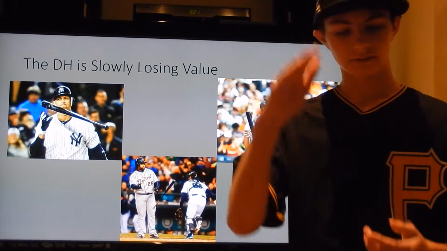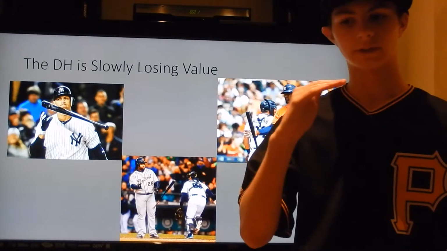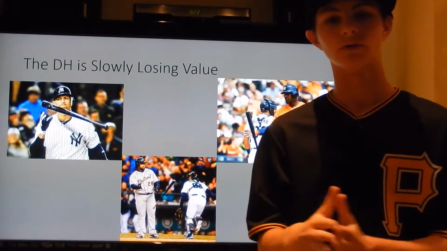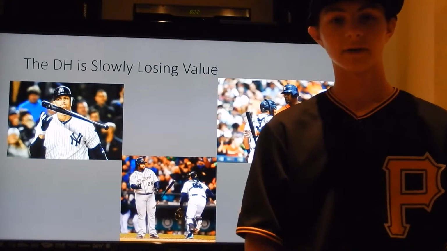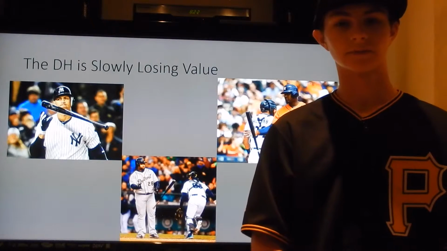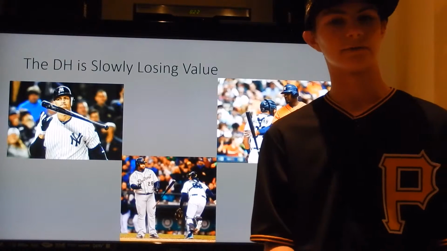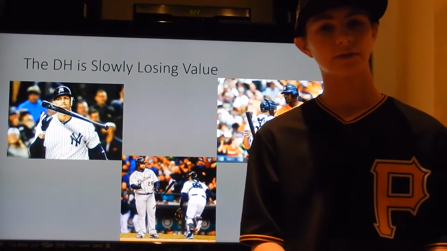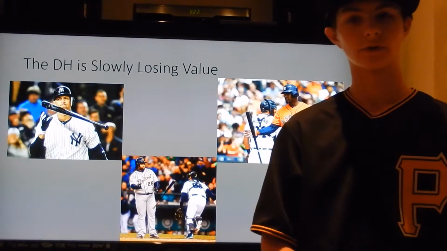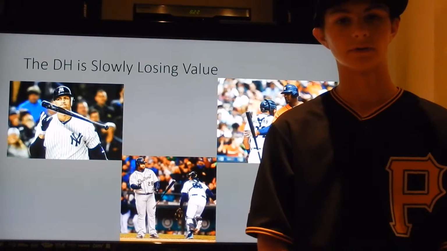But as you can see, you look down the list of the 15 DHs, and they're .250, .230. It's early in the season, but that still is not looking too good for the rest of the season. The only one very close to David Ortiz and Victor Martinez is Chris Davis, and he's always been a very good DH. He probably has never hit .300, but he's hit a lot of home runs. He was one of the home run leaders in the last few years, along with Nelson Cruz, who's another DH.